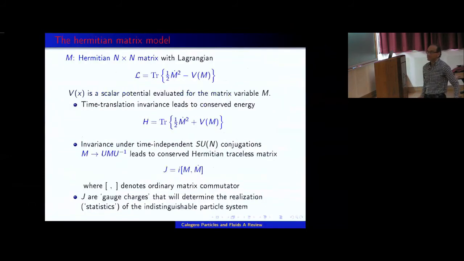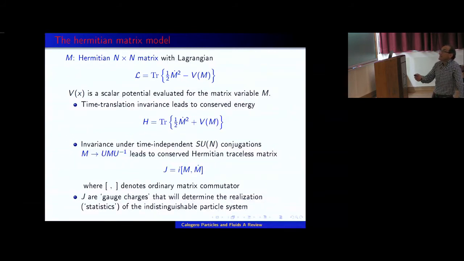So let's do it. This is, for those of you who are interested to see just the nuts and bolts, these are the first real nuts and bolts that you see. We start with a Hermitian n by n matrix. We will call it M for matrix. And we will take the Lagrangian to be exactly the same as it would be the Lagrangian of a free particle with coordinate M. It's just that now the coordinate is a matrix. So it's a kinetic term minus a potential term, V of M, some scalar function of M, some function that when you expand it, it has scalar coefficients, but the variable is this matrix M. And of course, to get a scalar out of all that, you need to trace it.